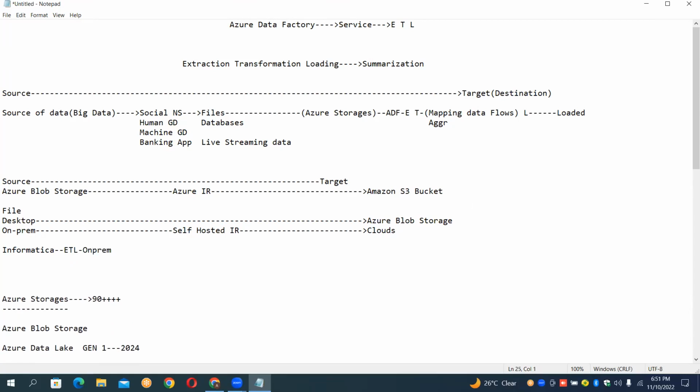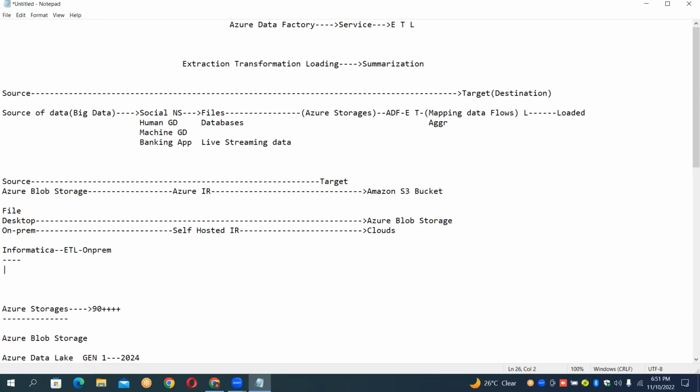Now, guys, I have written some code here in Informatica. I wanted to run this code in the cloud environment. What is a cloud environment? Azure cloud, or you can say Azure Blob Storage. I wanted to run this and create it as it is. So in such a case, we require to run an IR that is called what?